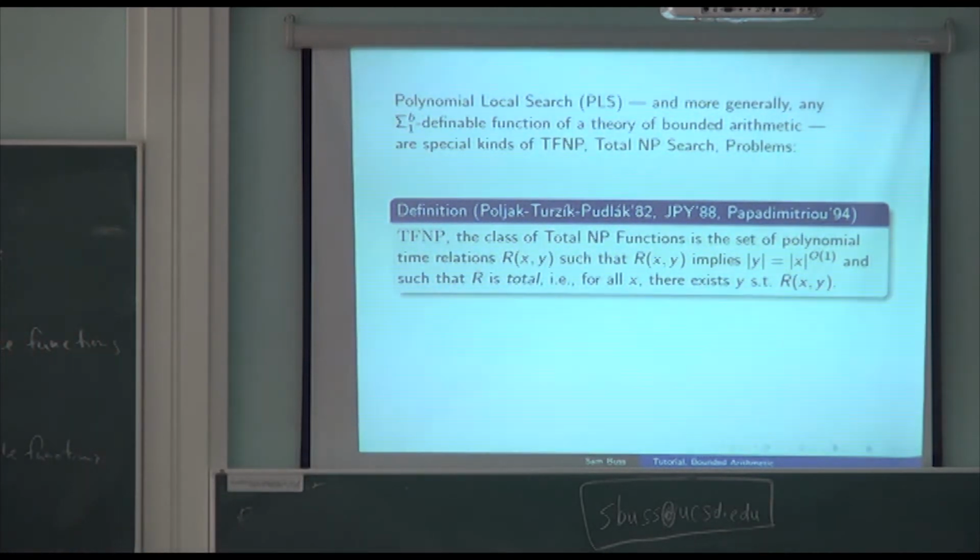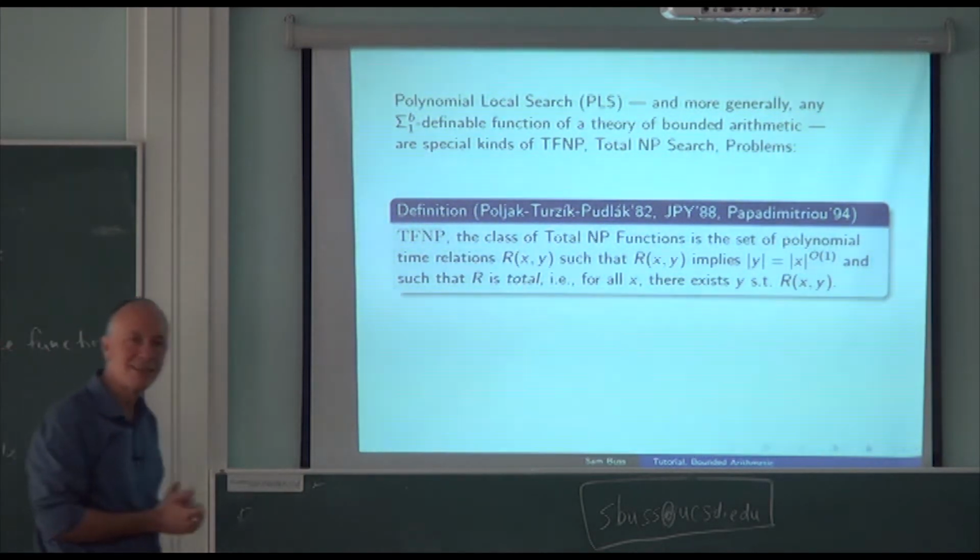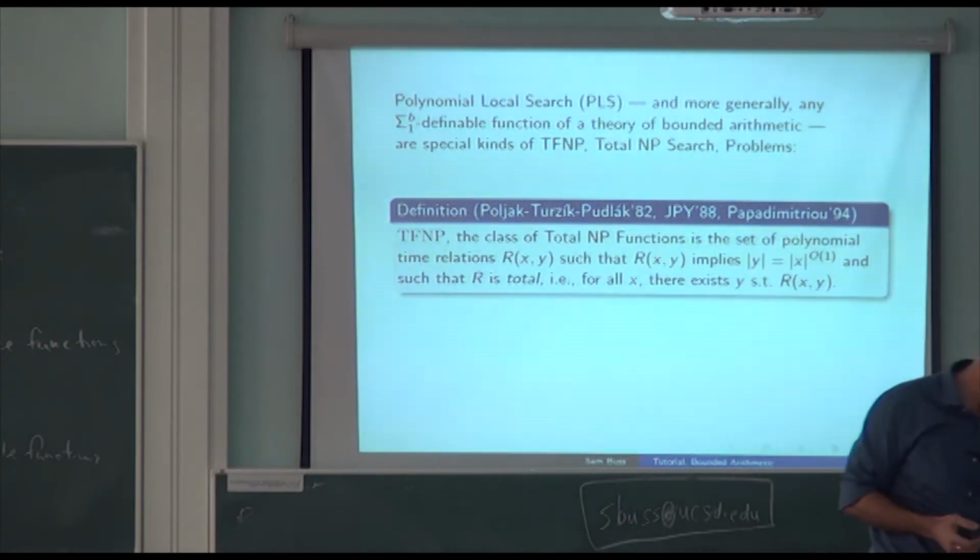So this is a general way of specifying functions, and actually multi-functions, because there may be multiple values of y. But we know there's at least one y, and we know that once we've found one, we can recognize that it's a y. Okay. So the PLS problem is like that because you can just see that this satisfies the properties. Sigma b1 definable functions are like that because, if you did this contraction of the yz like I did earlier, you can in polynomial time recognize you have the answer. And so both of these things feed into this. There's a lot of work on TFNP, which I don't want to get into right now. But let me instead go back to bounded arithmetic